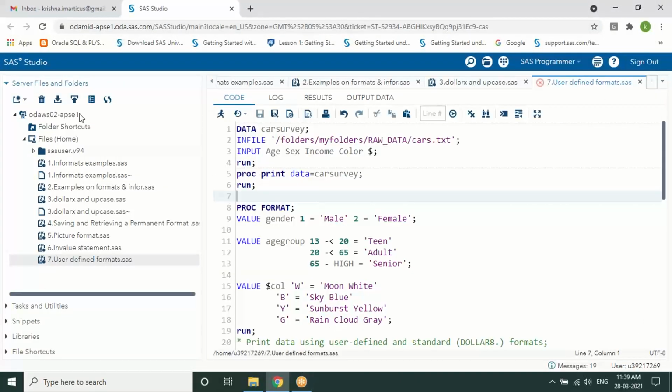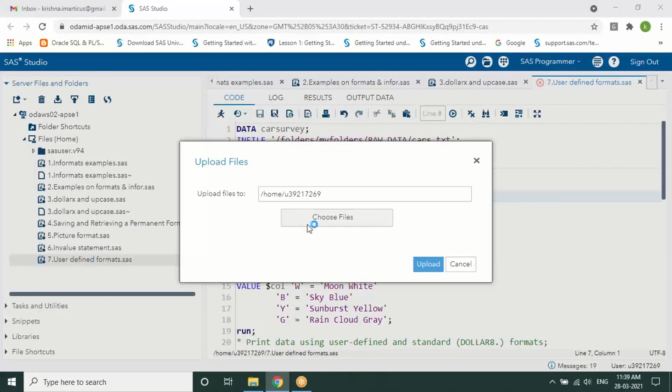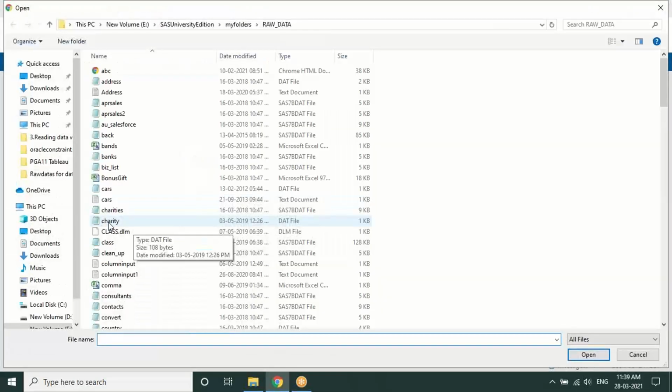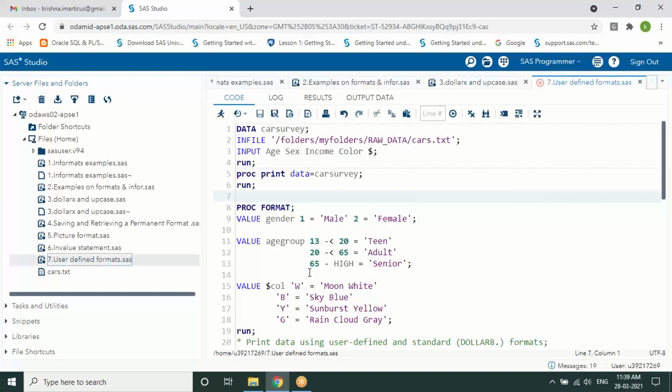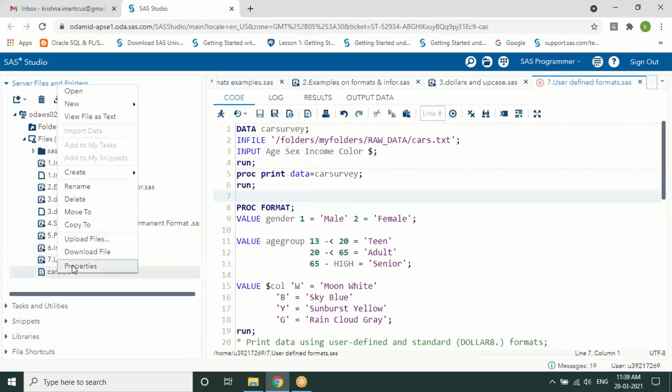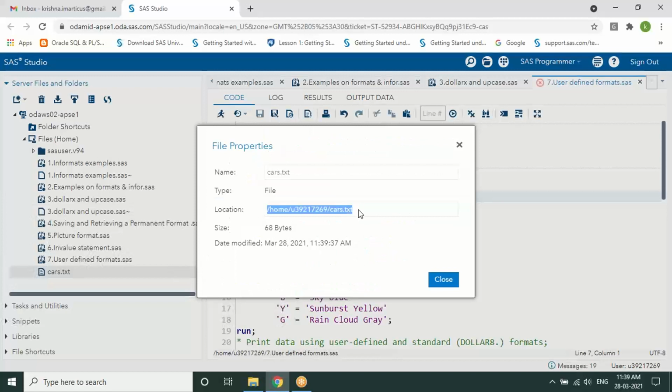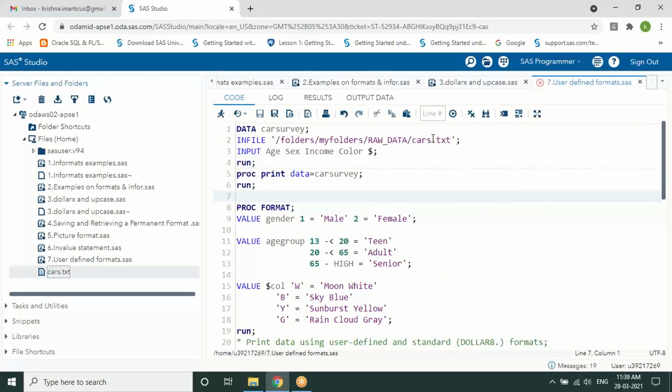Please upload the data, I have some data called cars. You already shared it. I think I missed it, so that's the reason. Yes, I shared it. Anyways, fine. If you have the data, create that.